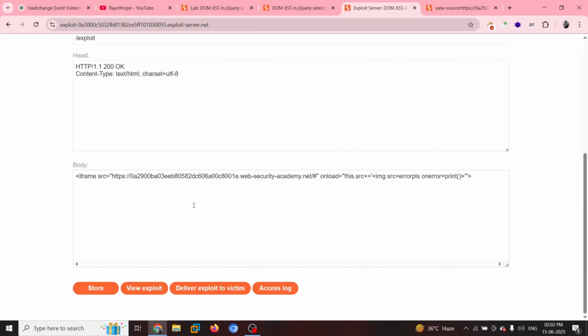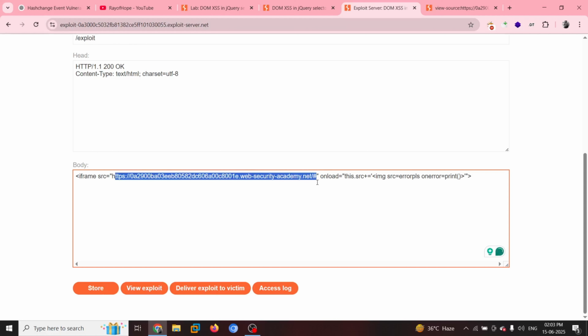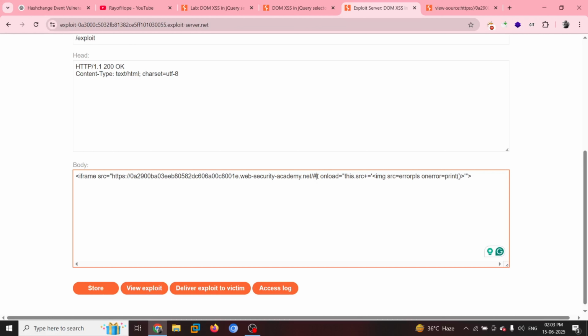What happens over here? In here, the iframe src attribute points to the vulnerable page. This iframe is pointing to the vulnerable page, right? With an empty hash value. We do not have a hash value over here, right? When the iframe is loaded, basically when this is loaded, right, an XSS payload which we have provided over here opens in the hash here, right, causing the hashchange to fire this, and this is how it is getting executed, and we successfully exploited the DOM XSS in jQuery selector.